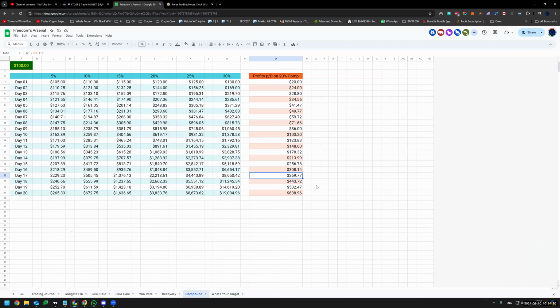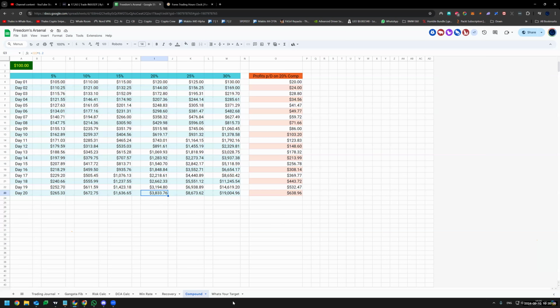So this is the magic of compounding, and you can also see that table from another aspect. You start with $100. If you compound at 20% per day, by day 20, remember, 20 days per month, 5 days per week, you could go up to 3.8K by the end of the first month, starting with only $100. Now that is under perfect